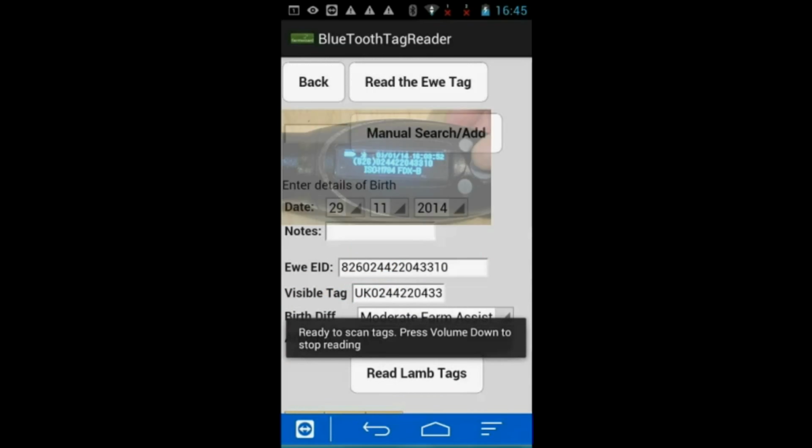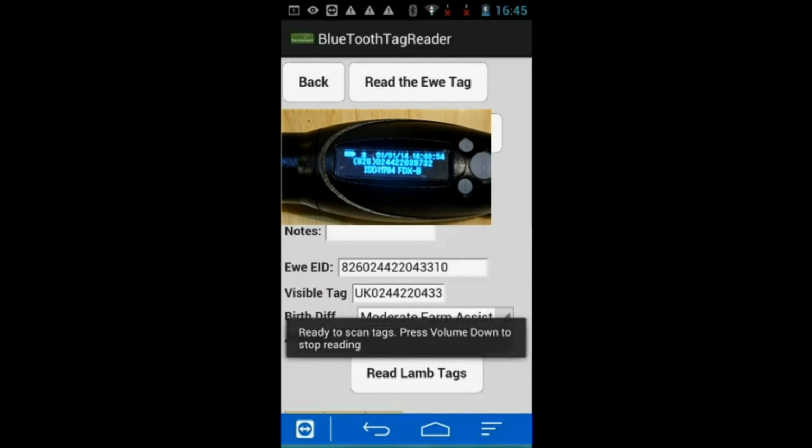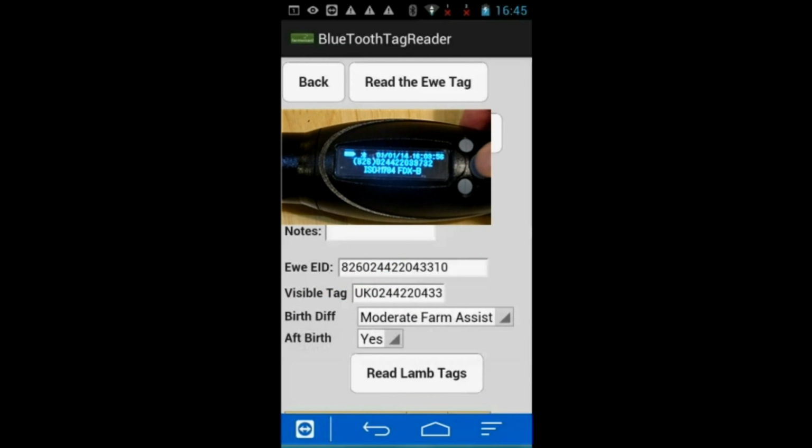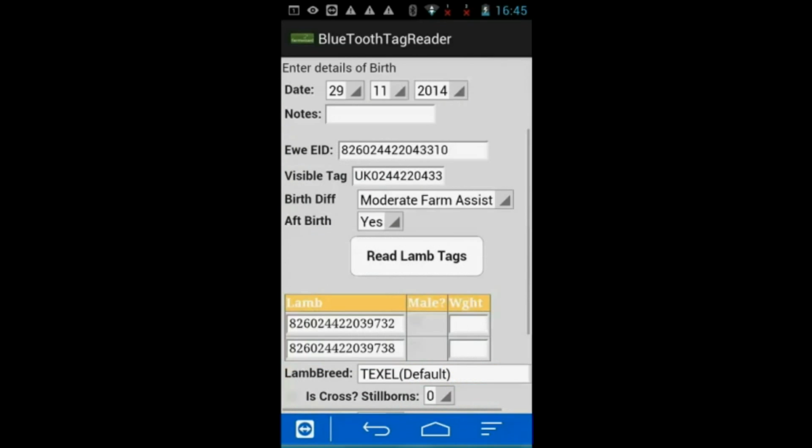So again, the app reports ready to read, so we'll scan the lamb tags, lamb 1 and lamb 2. So if we just scroll down, we can see we've captured those ear tag numbers. So at this point we'll do volume down on the device to stop the scanning. So we've got a message there, reading stopped, and now we can fill in the rest of the attribute data